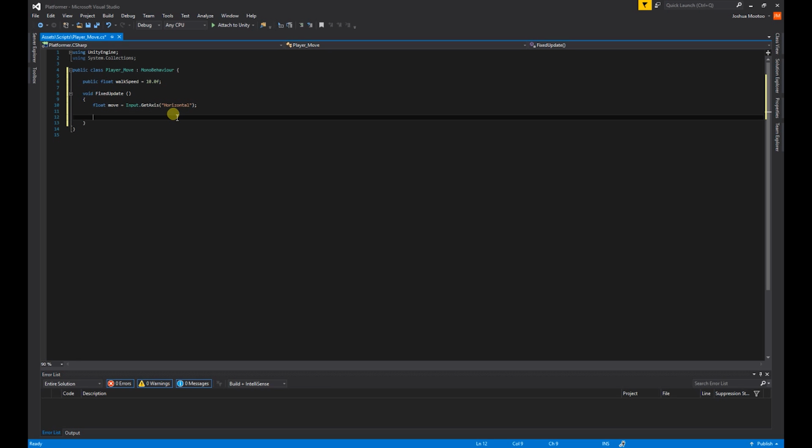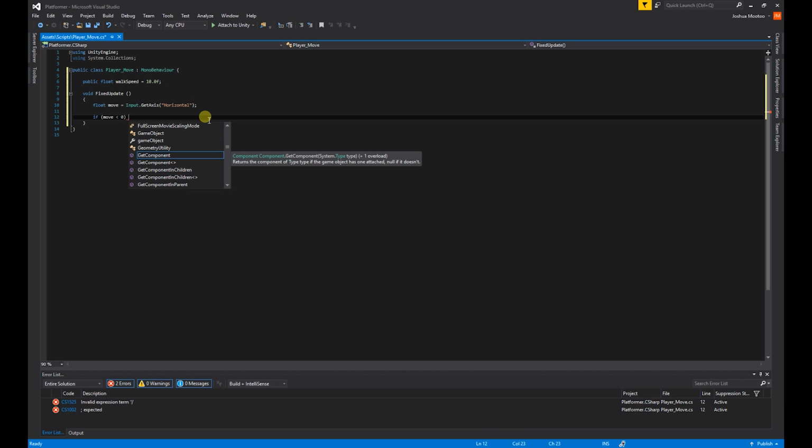Semicolons just end the line of code. Next thing we're going to do is add what happens if we press left or right or A and D. So we're going to create an if statement. So what we're going to do is type if with brackets, and we're going to type move. See, we created move up here, so we're using that. If move is less than 0, we are going to